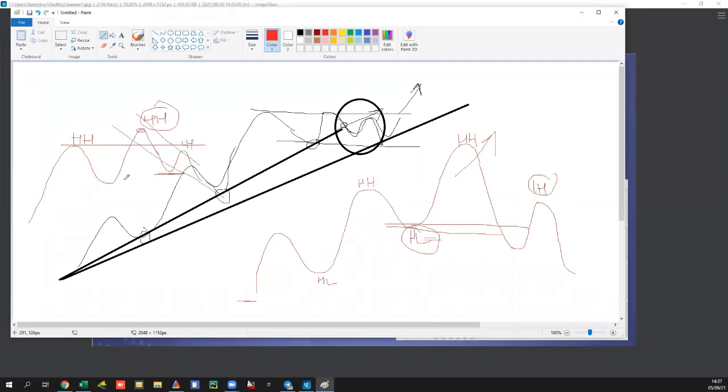But that is not the case. Since this was not a significant high, the higher low becomes this one. So till this low is broken, we are still in an uptrend. So this is a suspended uptrend and it can resume anytime. So this is a very important takeaway from the last video,